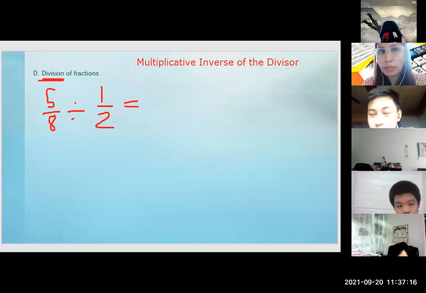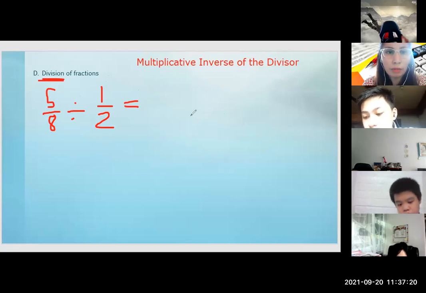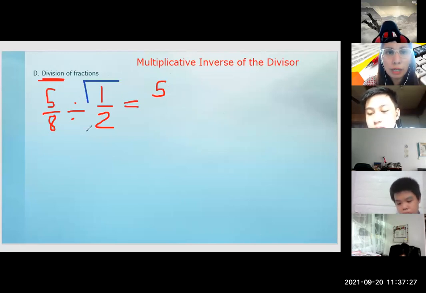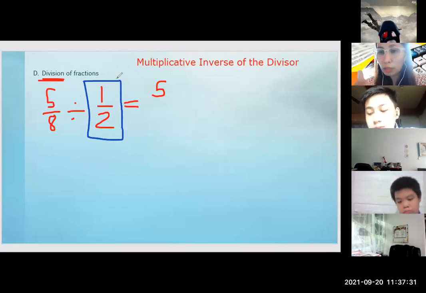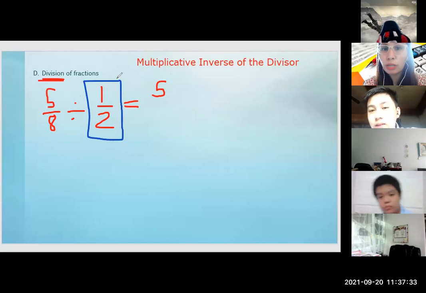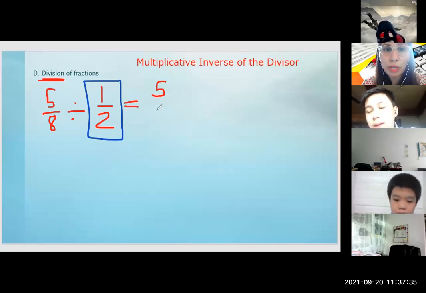Do not proceed to multiplication first. You need to invert the second fraction given, or the divisor. This is the divisor. Okay, invert. Meaning,